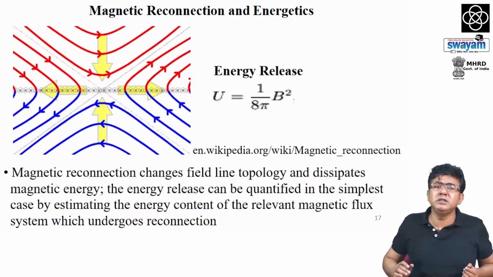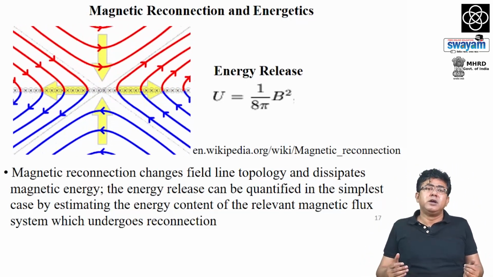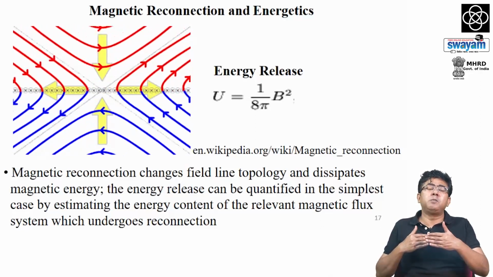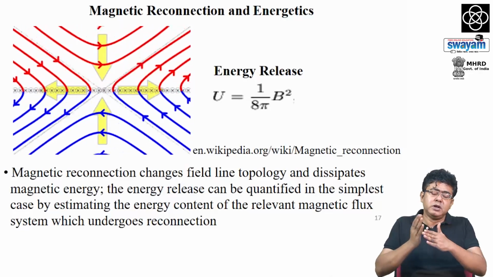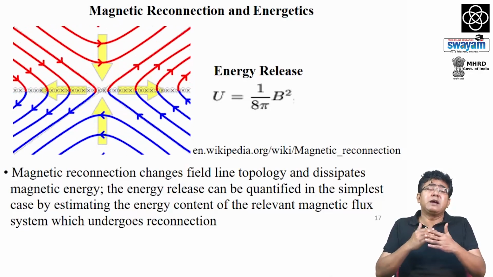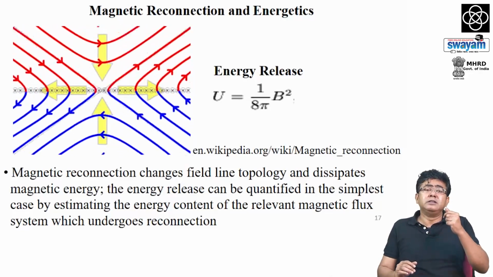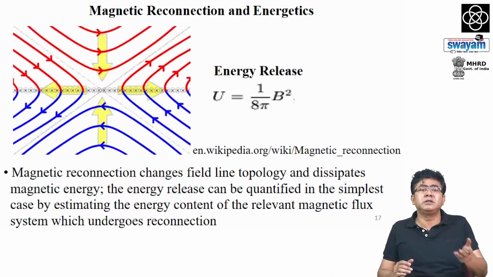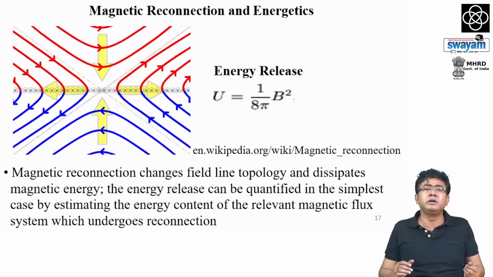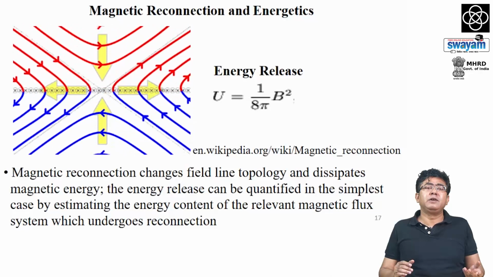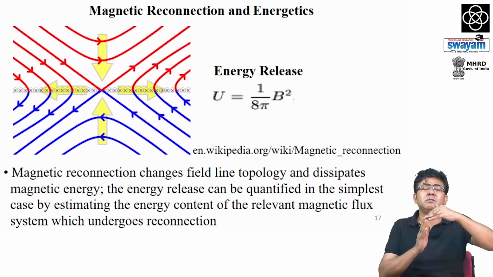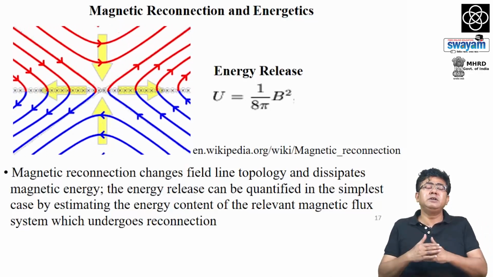So, one drastic dissipation mechanism is to get rid of the magnetic fields by directly bringing oppositely directed or somewhat differently directed magnetic fields together, right. And this process is known as magnetic reconnection, and the most efficient form of magnetic reconnection is depicted in this cartoon figure here, where the blue and the red lines denote oppositely directed magnetic field lines, which are being pushed together from the top and the bottom with this converging plasma flow, and when they come in touch with each other,